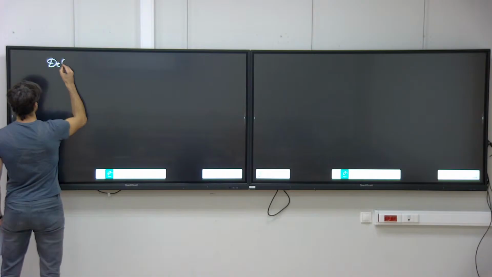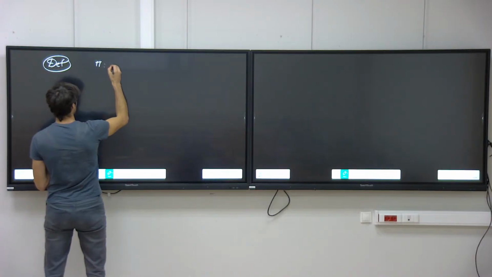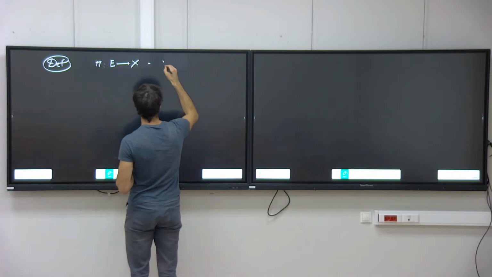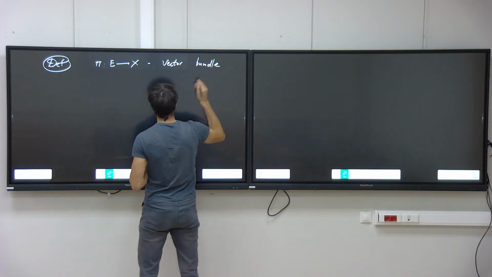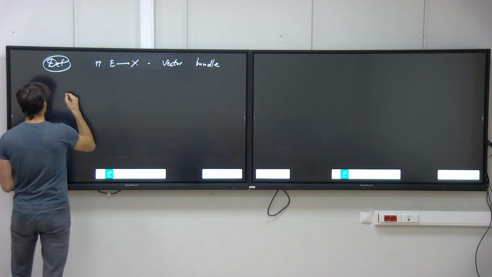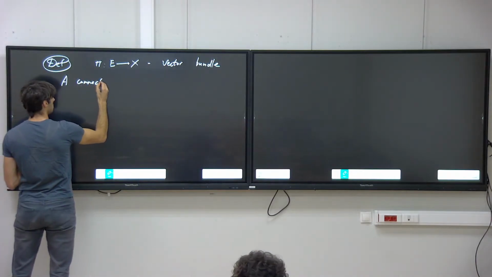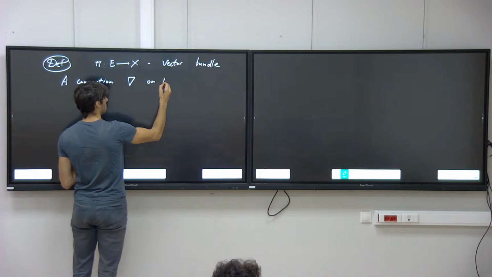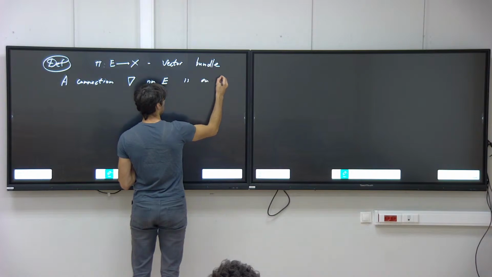I had the following starting data: E is a vector bundle over X. Then I have, by definition, a connection. A connection on E is an R-linear map